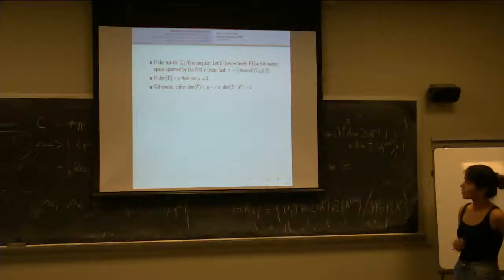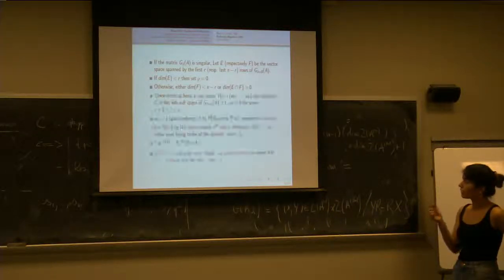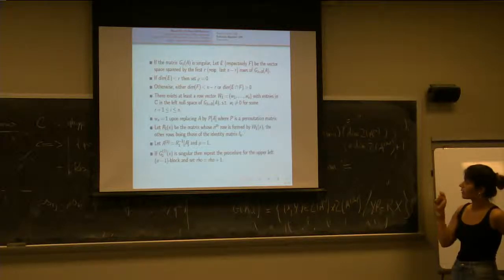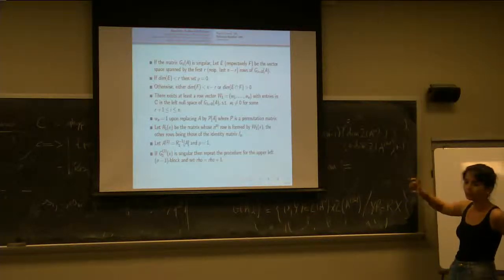Otherwise, if the dimension of E is equal to r, this means that there are some dependency relations between the rows in F. And so we can always find the row such that, in this case, we compute the left null space of G lambda 0, and we can always find a vector which will have at least one non-zero element within its r plus 1 to nth entries. And we can always suppose that the Wn in this vector is equal to 1, or else we can perform a permutation. So here, basically, it is some Gaussian elimination and some permutation